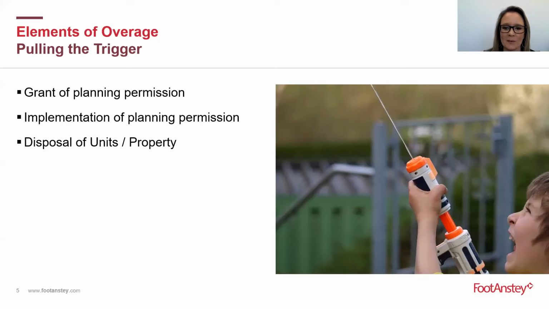That's right. The trigger event is probably the most litigated element of an overage provision, and the trigger is the first thing that I would tend to try to pick apart if I were asked to advise anyone on an overage clause. There are a couple of important cases on this, and I'll apologise in advance as the developer doesn't come up very well in any of these cases, and it's a bit of a running theme, to be honest, with the courts. The court will tend to adopt a textual and contextual approach when interpreting any contractual provision, with a subsidiary role for the principle of common sense in the case of ambiguity.